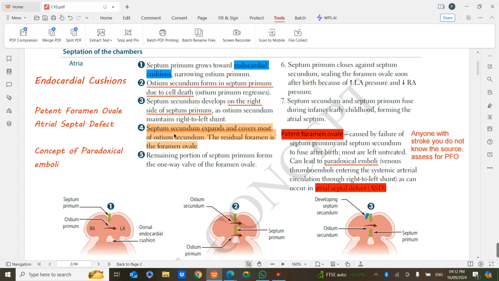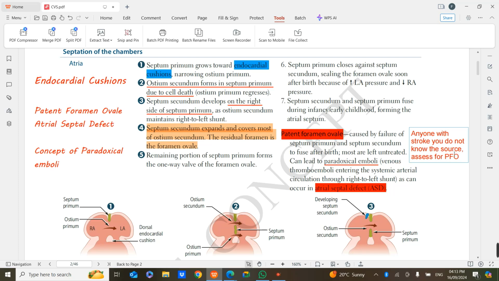That is your expectation. So what is now paradoxical? That venous thrombi that is dislodged, you now start seeing it in the arterial systemic circulation. How does it get there? How does it leave the venous system and get into the arterial system? Likely there is a hole in the heart that is allowing it, and that is how the question will be portrayed. So any question you read and they are telling you that this patient has a stroke, more or less like a